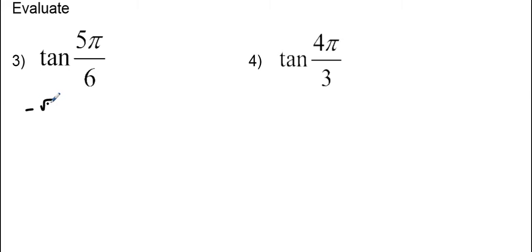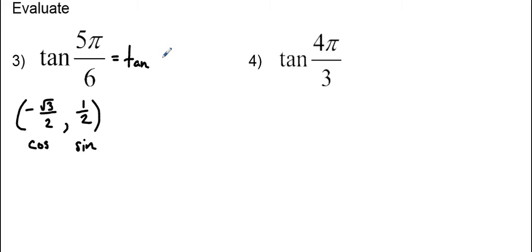Negative radical 3 over 2, positive 1/2. We already know negative radical 3 over 2 represents cosine. 1/2 represents sine. So tangent of 5 pi over 6 is going to be the same as the tangent of 150